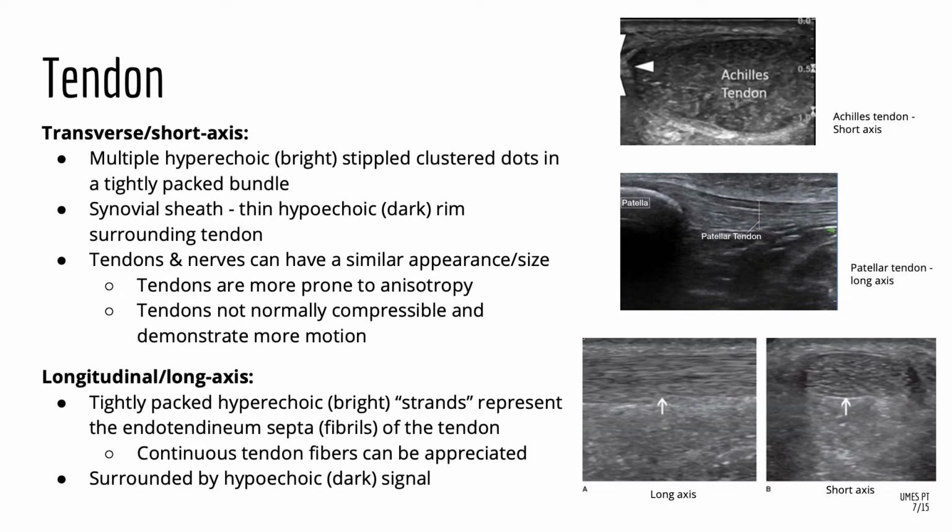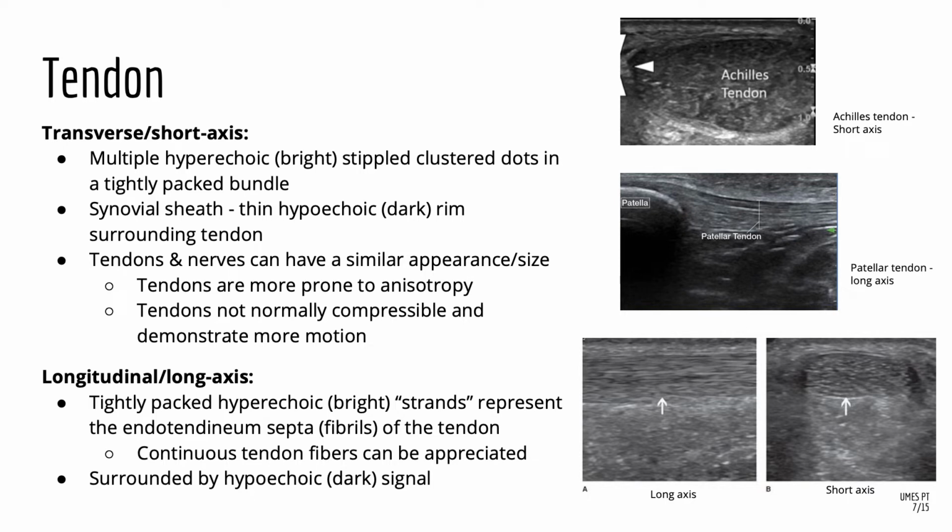Next up is tendons. They're going to look different in the transverse axis than they do in the longitudinal axis. In the transverse axis, they're going to have multiple hyperechoic or bright clustered dots, tightly packed in a bundle. The synovial sheath that surrounds it, though, is going to be a thin hypoechoic, so dark rim that surrounds this